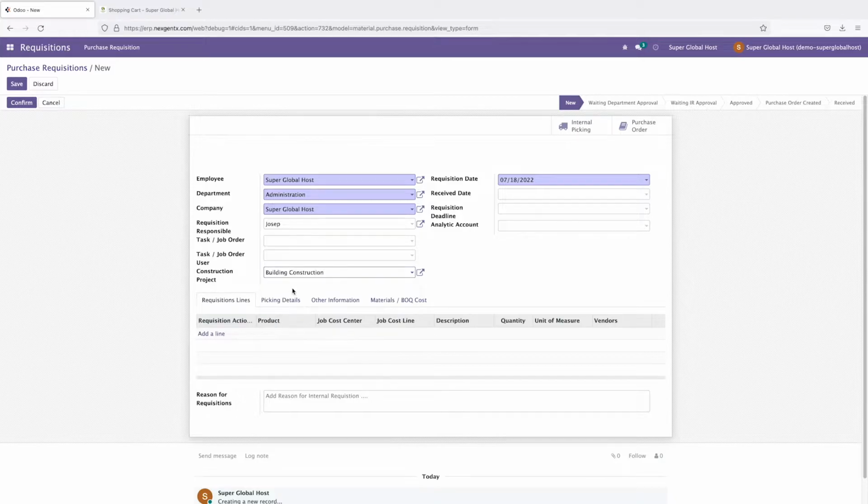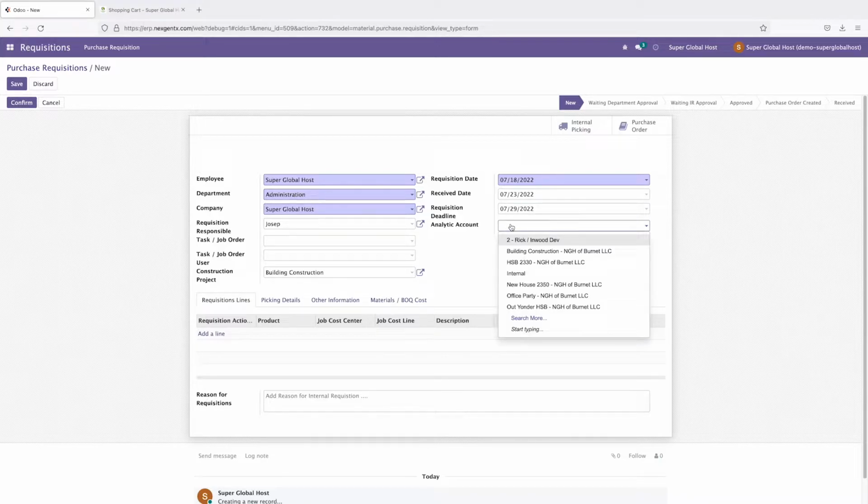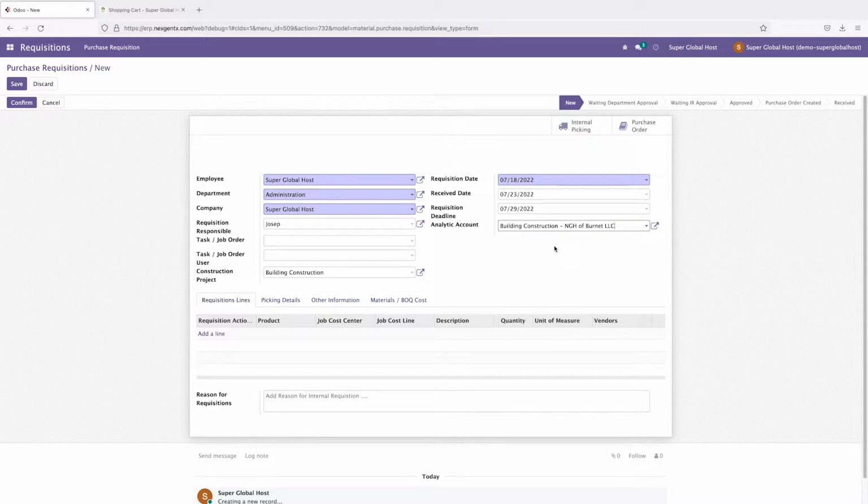Construction project, we already made this one. This is the construction project. Receive date, we will select this one. Requisition deadline, we can put the deadline for this analytic account. For this we need to make one analytic account. So I make building construction, this one, for the analytic account for this